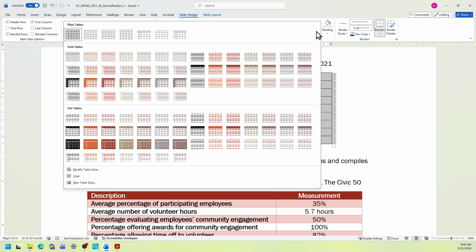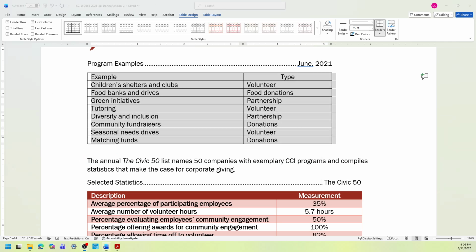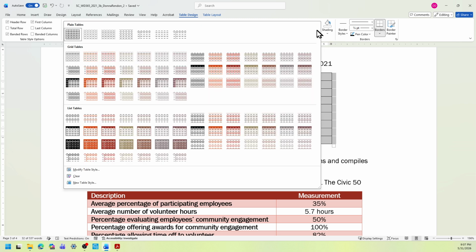Open the gallery. And we're looking for grid table 4. So this is the section grid. Okay, so we're looking for accent 2. I'm going to select this again and open the gallery.